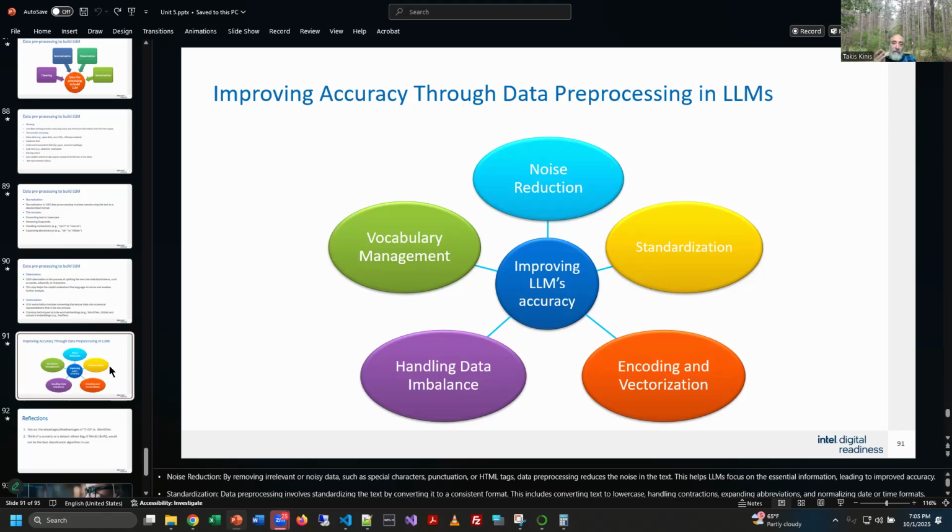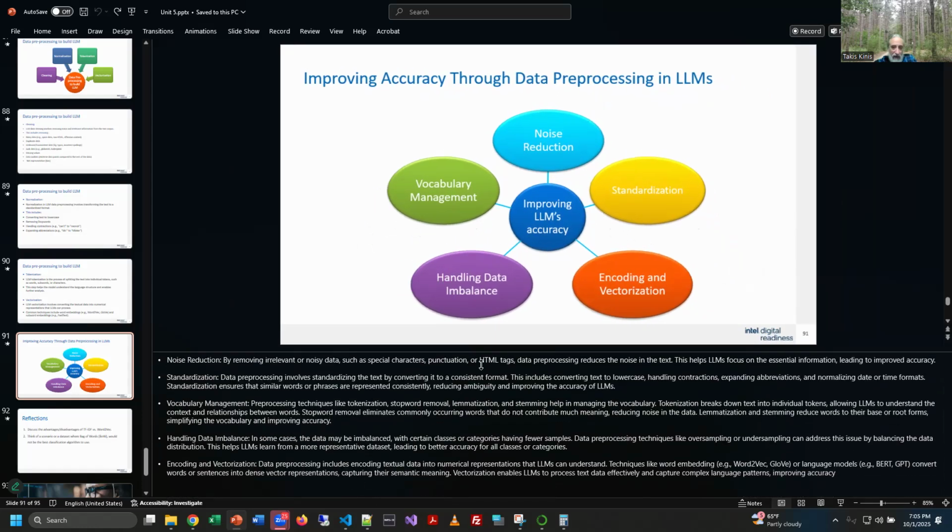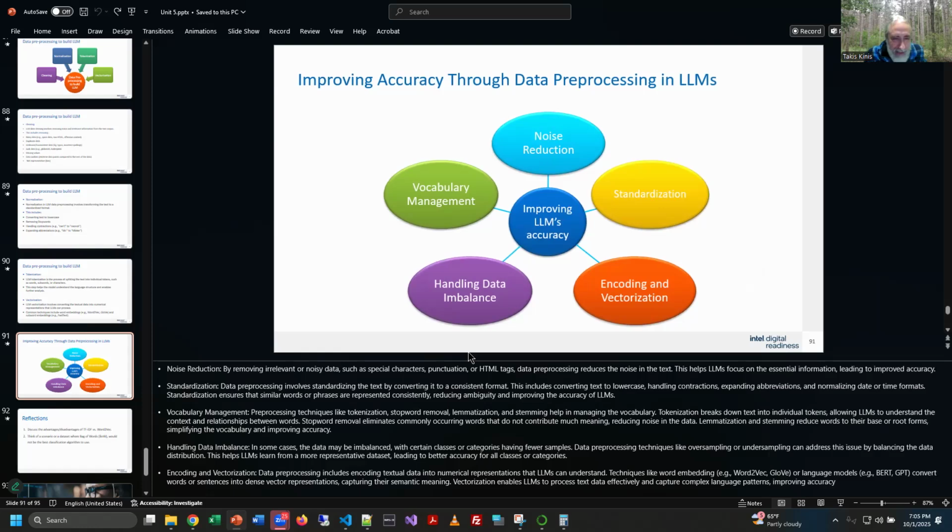The other thing is, it says here, improving accuracy through data preprocessing. And we have these breakdowns here. I'm going to start here at the bottom and go around. And actually they have a little breakdown here at the bottom of the screen, so you can just read that to go along with it. They're starting with noise reduction. It says by removing irrelevant or noisy data such as characters, punctuation, HTML tags, right? We talked about all these. Standardization of data,